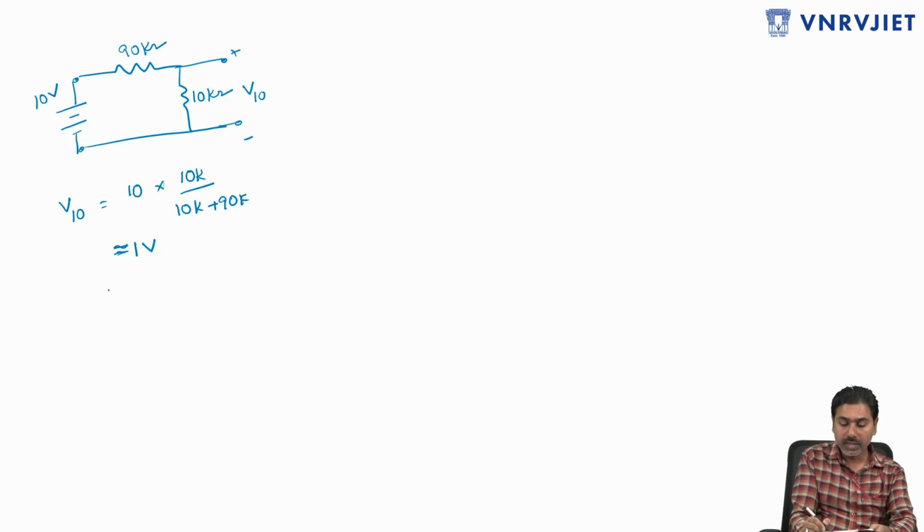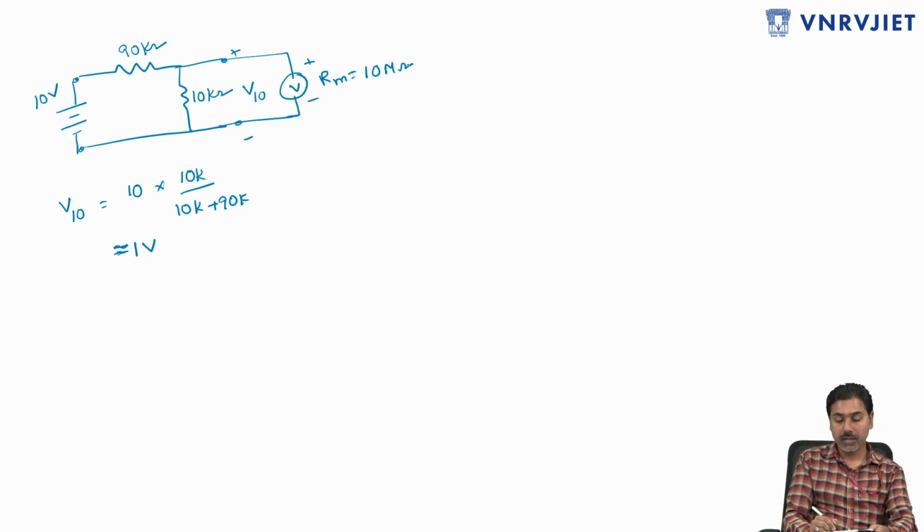And now we'll connect the voltmeter across this 10k resistor. So this is the voltmeter connected here, and assume the internal resistance of this voltmeter is 10 mega ohm. Then we'll calculate the voltmeter reading, that is the measured value, say the meter reading Vm, is equal to